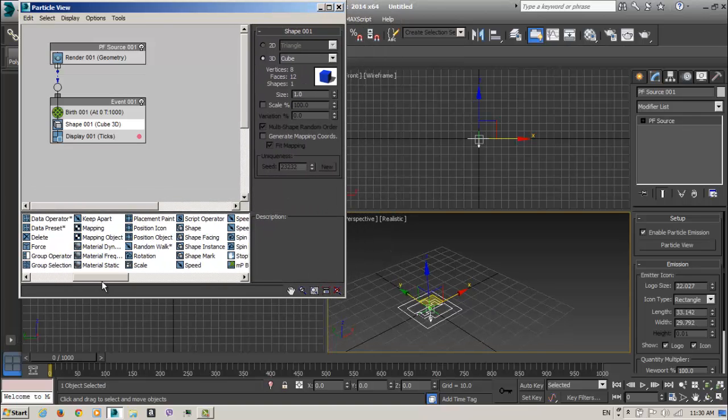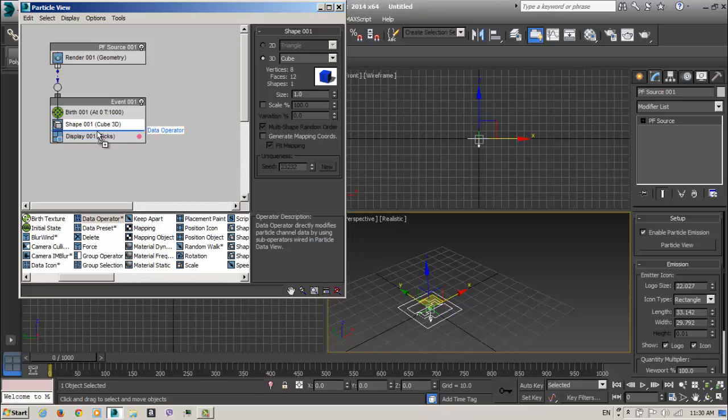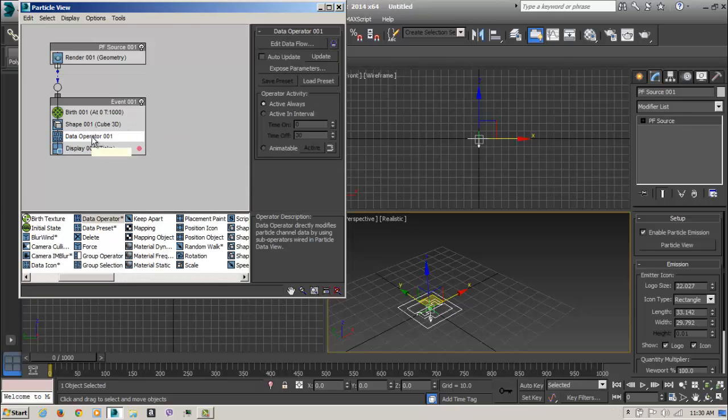So the first thing is to line up the particles in the X direction. We will create for this a data operator. I rename this as a data operator, initial position. Okay, auto update.